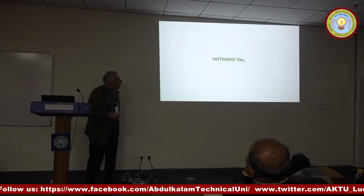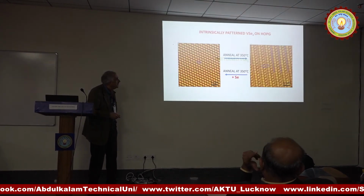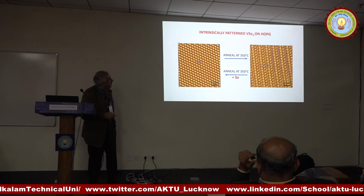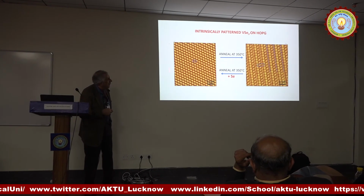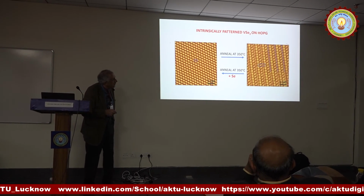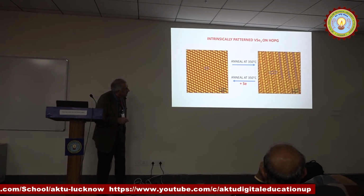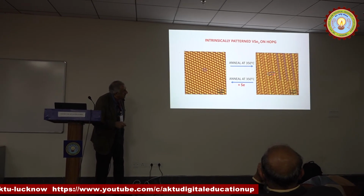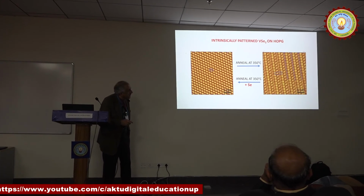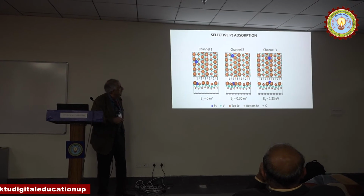We succeeded in patterning other materials as well. This is selenizing vanadium. We got a completely different form. Here is the homogeneous material. And this one, when you anneal it at 350 and you lose some selenium, you lose the selenium from chains of atoms, and you get chains every 4, things like that. We studied them in detail, and then to go quickly to the